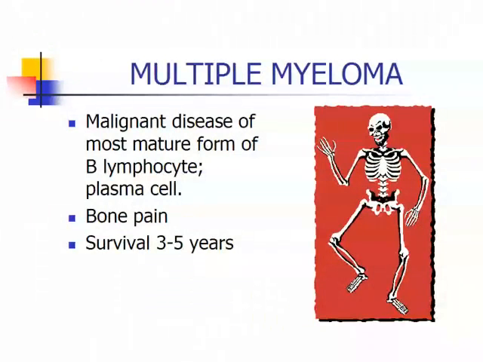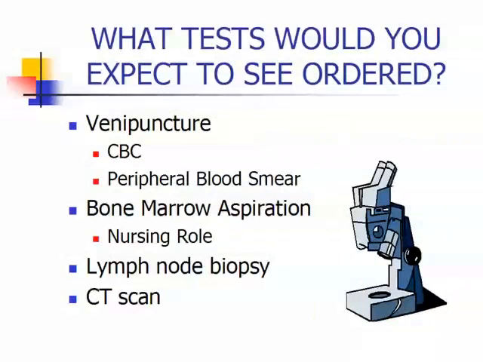This causes severe bone pain, and it is metastatic. Survival here is 3 to 5 years. May require various amputations. So with these disorders, the blood test that you would expect to see would be a CBC and a peripheral blood smear. You may need a bone marrow aspiration,